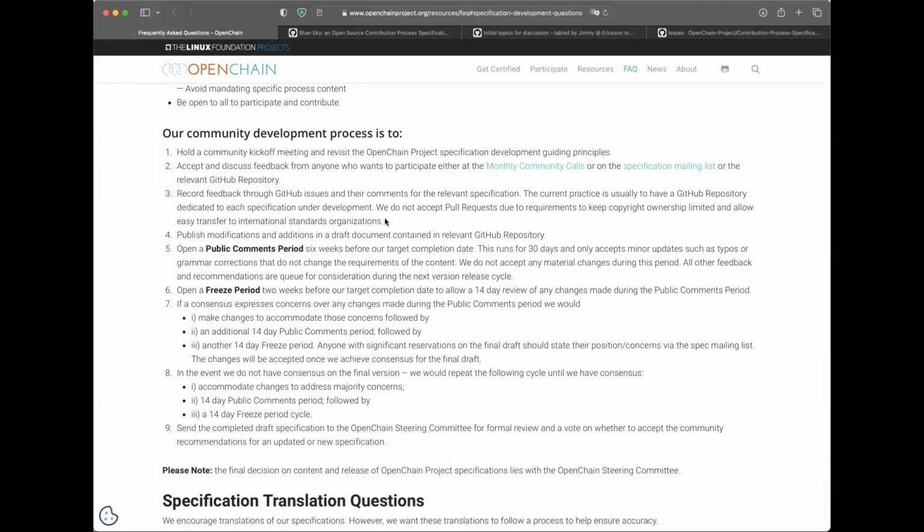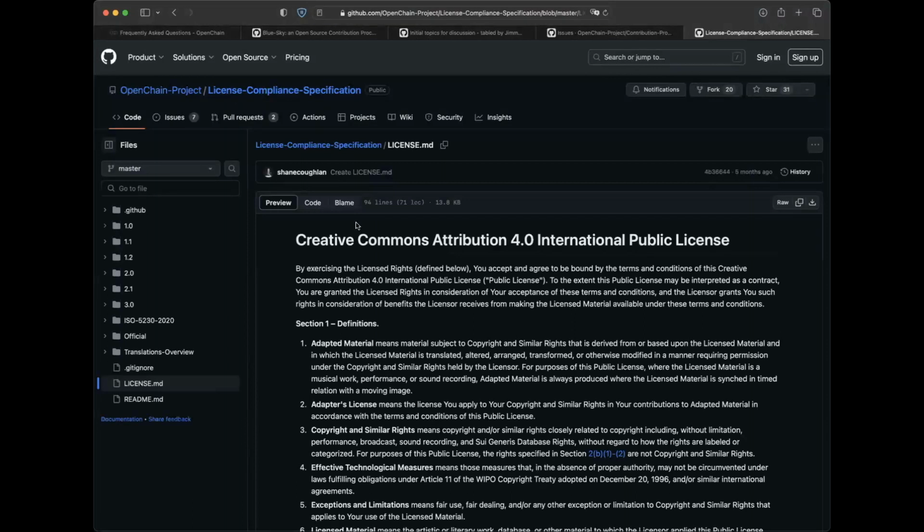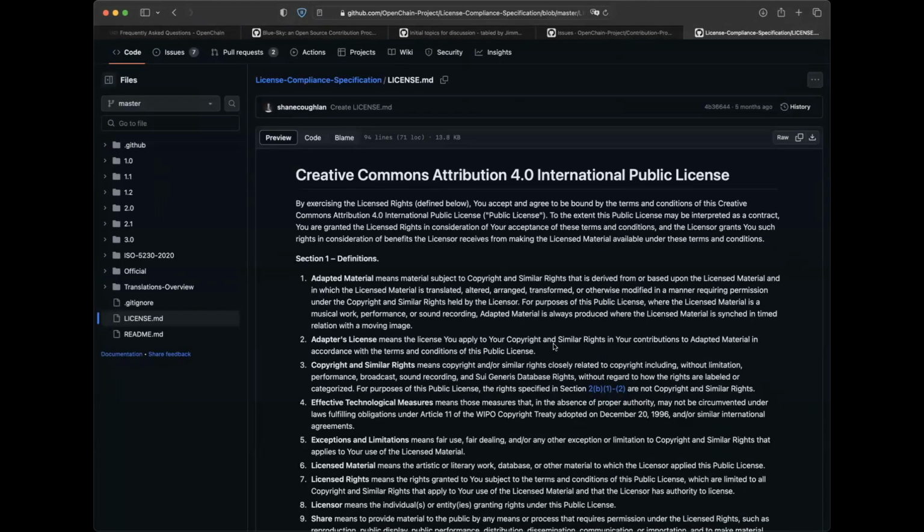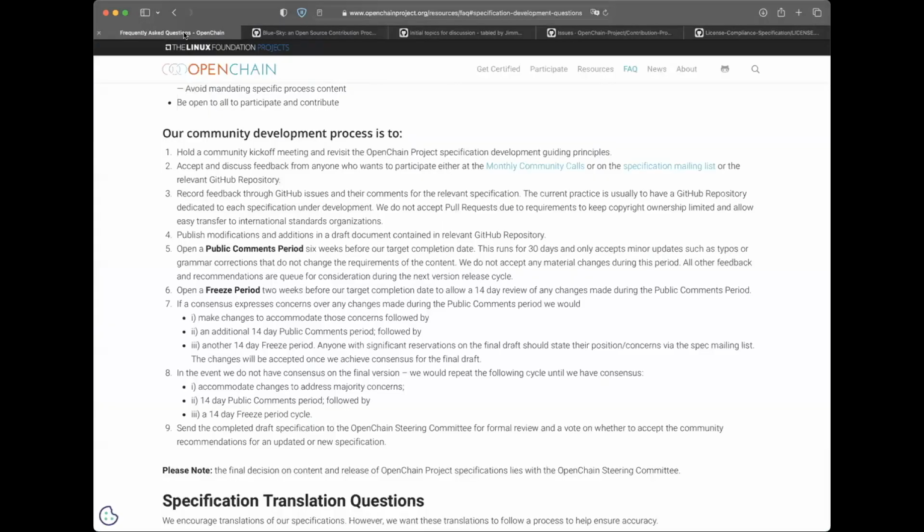No, it's a great question, and it would be a lot simpler if we weren't in the situation that we're fitting into other people's processes, and ultimately now we're an ISO standards creator. So we have to get from Creative Commons attribution to completely all rights reserved as smoothly as possible. Our standards are always CC attribution, and that's how we bring them out. This means you can pass the document onwards, but it's not remixable. But that gets narrowed all the way down to all rights reserved as soon as it gets to ISO.